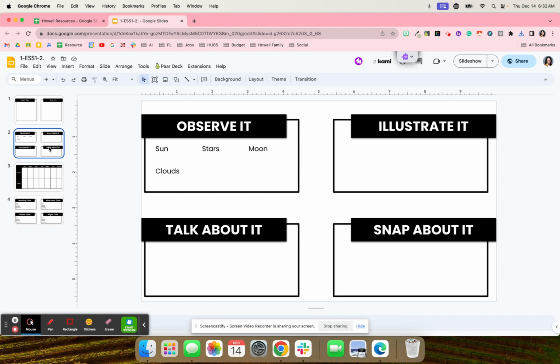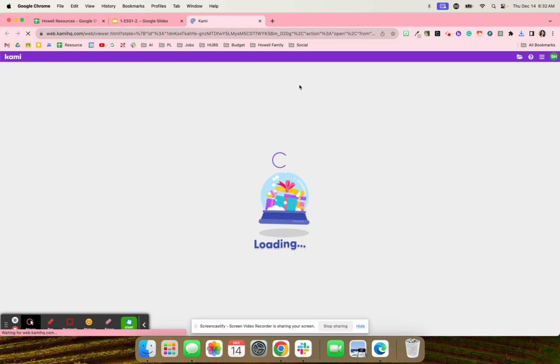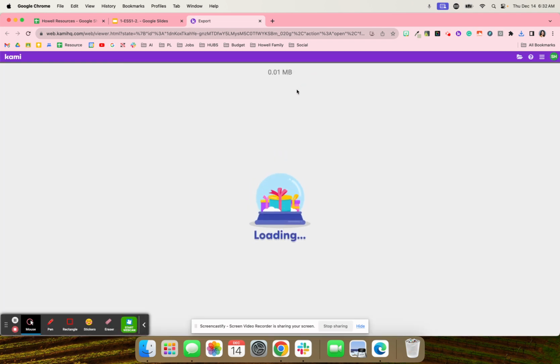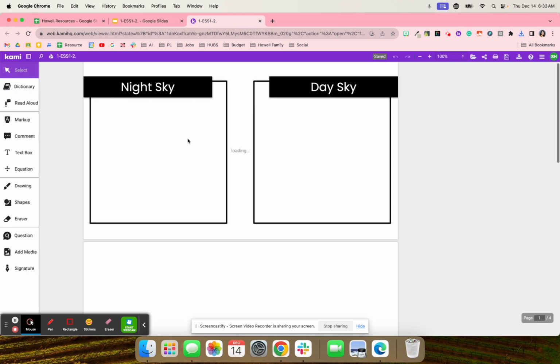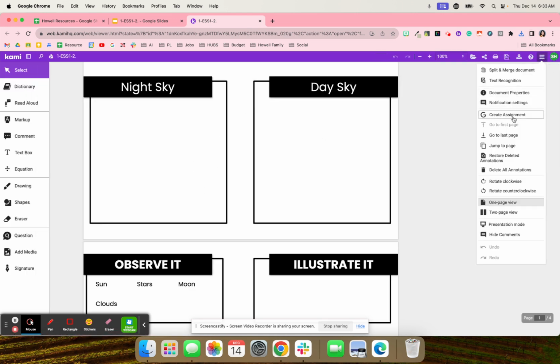So, you'll notice here that there are different slides that are already mapped out. So, if you want to customize them, you can. But then you'll click Open with Cami. You can add audio directions, video directions before sending this out to your students. If you use Google Classroom, you can just assign it right to Google Classroom, clicking these three bars and hit